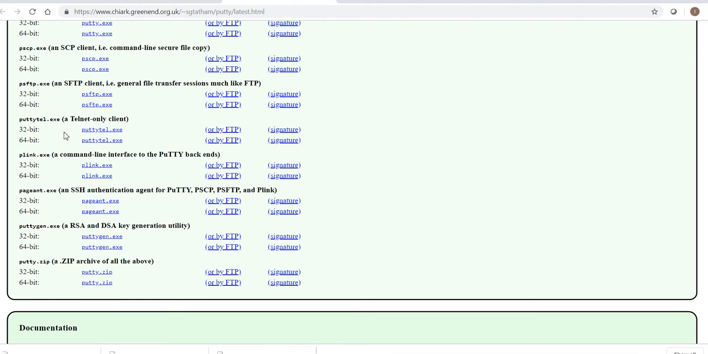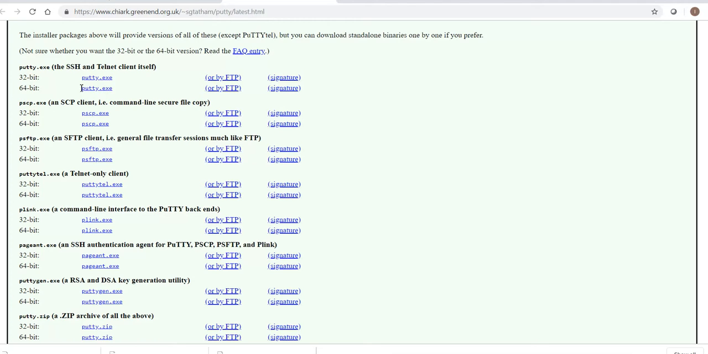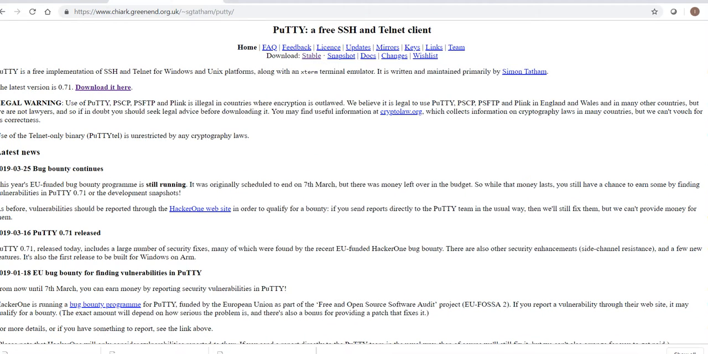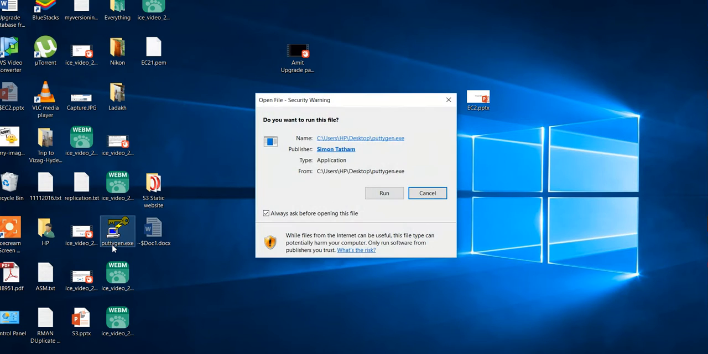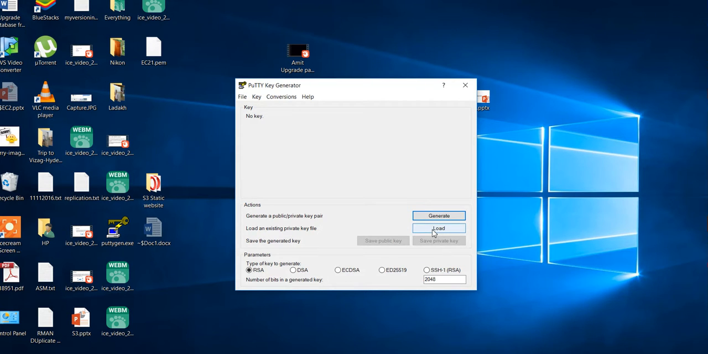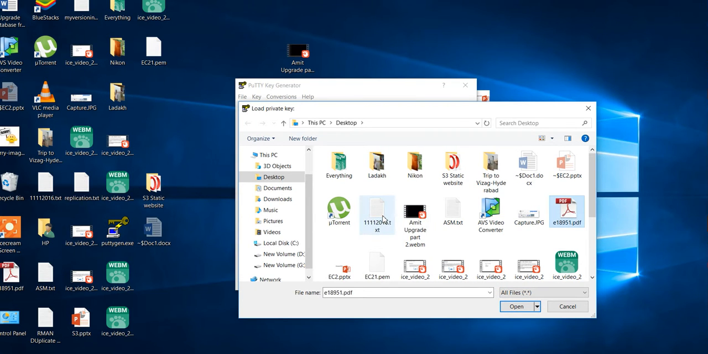From here, download putty.exe, 64-bit or 32-bit, whichever you prefer, and puttygen.exe. I have already downloaded those. What you need to do next is open puttygen.exe and run it. You need to load the key first, all files, EC2